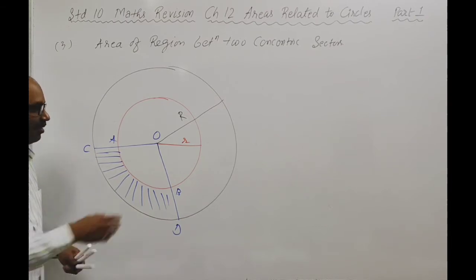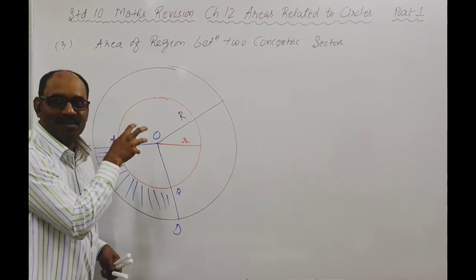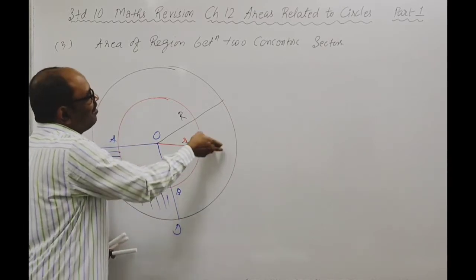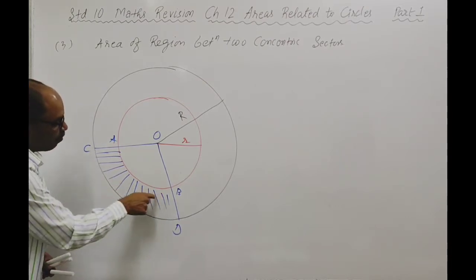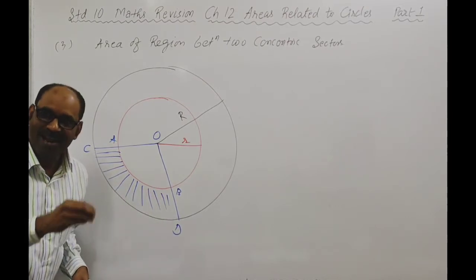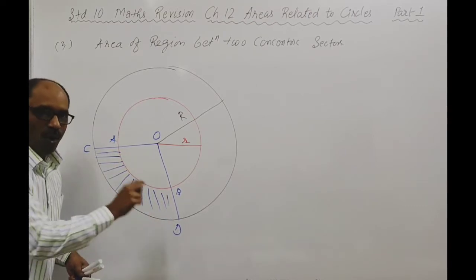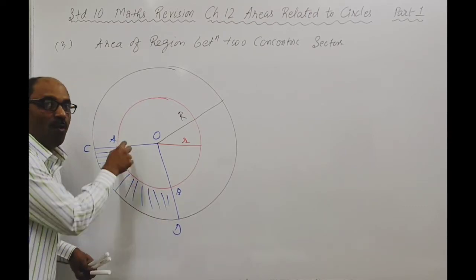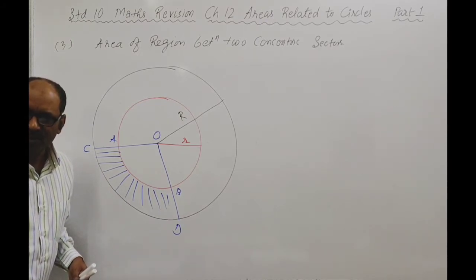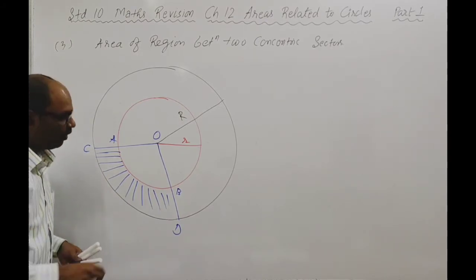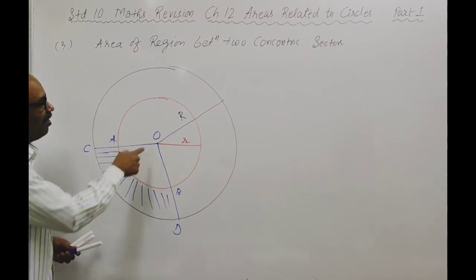Sometimes a sum may be asked where this red color is representing a circular park, and there is a circular road surrounding the park, and only this part of the road is to be repaired at a given rate. So you will have to find the area of repairing. What area of the road has to be repaired? Then after cross multiplication you can find out the cost of repairing the road. But for that, how to find the area? Once again, very simple. Follow.